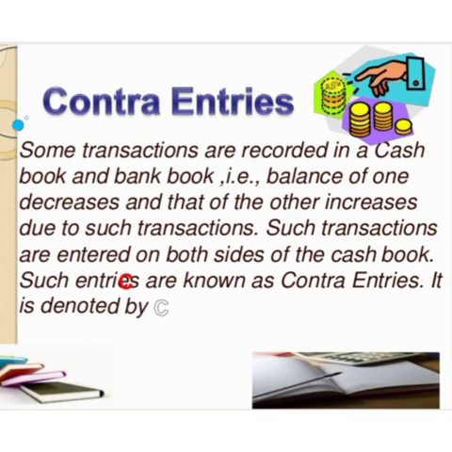There are certain transactions which concern cash and bank. When the cash book represents cash and bank, both the transactions have to be recorded in both the cash and bank column of the cash book. Contra transactions increase cash and decrease the cash at bank, or decrease cash in hand and increase cash at bank. These transactions are recorded on both sides of the cash book but in different columns.